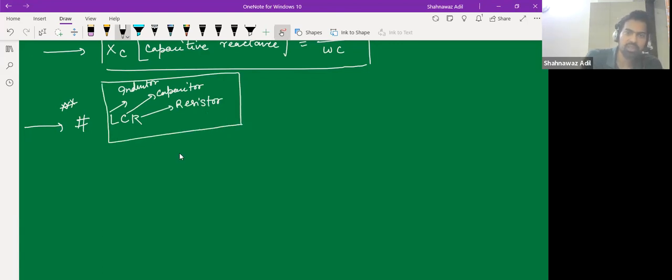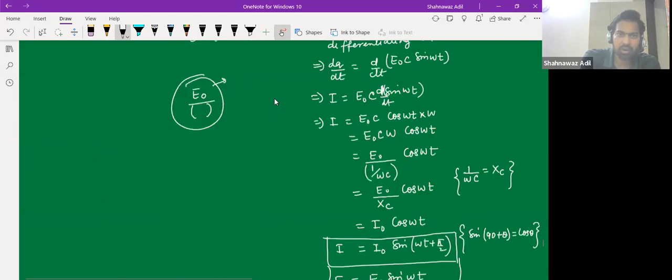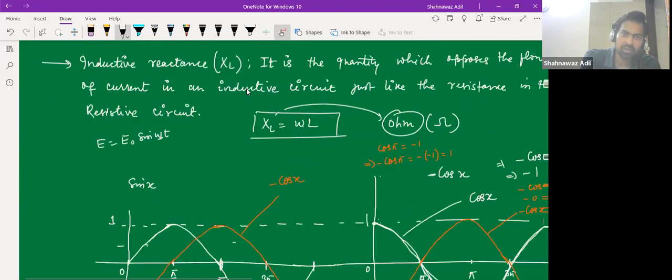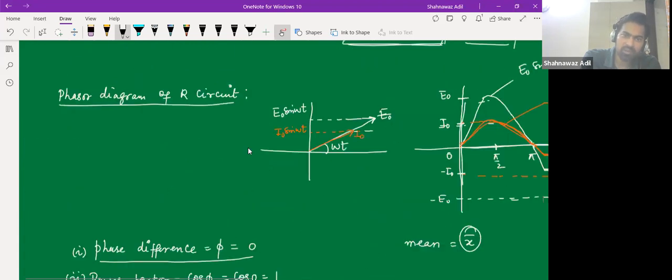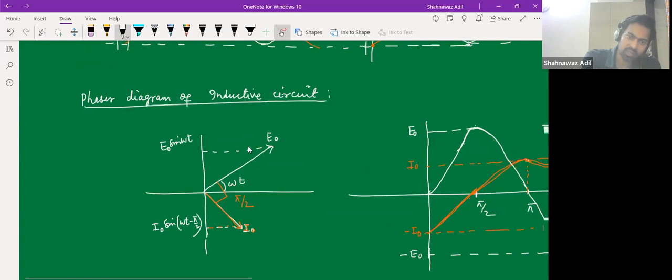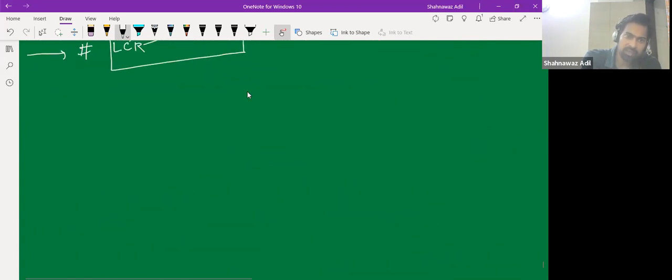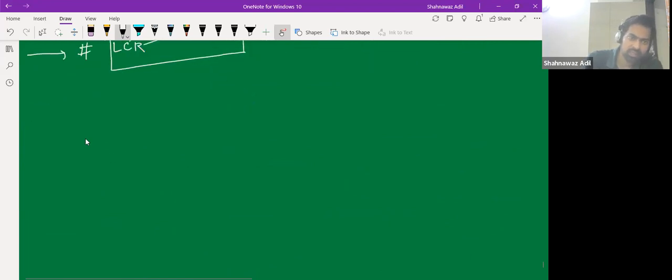In the previous cases, we were studying only one case: one capacitive circuit, one inductive circuit, and one resistive circuit. But now we have all these circuits together. So then what would be the current? We will discuss that, but let us